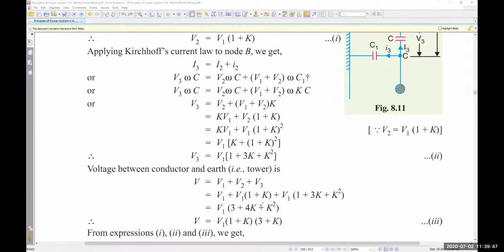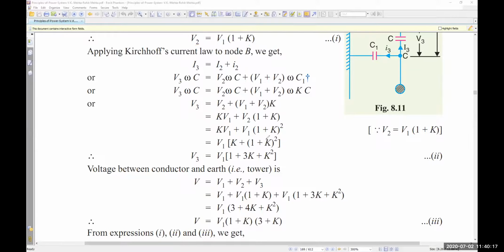So from there, I do not think this is important. You keep it like this. Okay, keep it like that. No problem, nothing will happen. The very important thing is you have to find the value of K and the value of V1. If you find the value of K and V1, you can find V3, V2, and V as well, right?